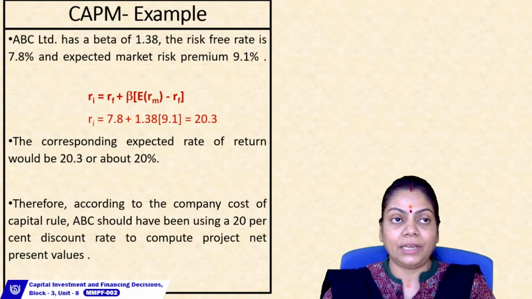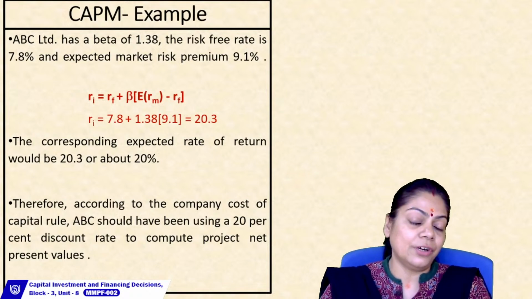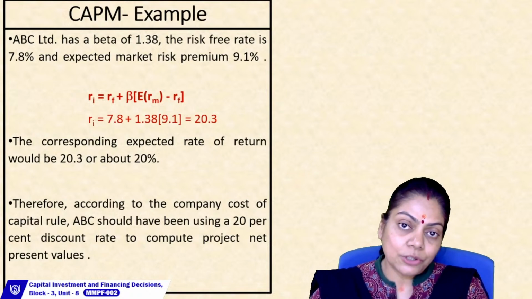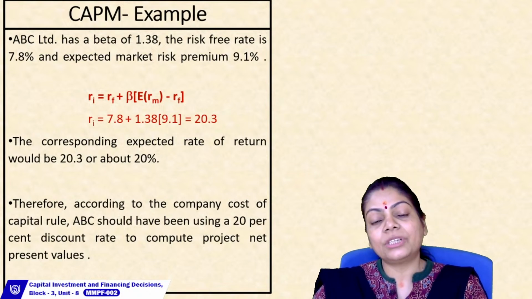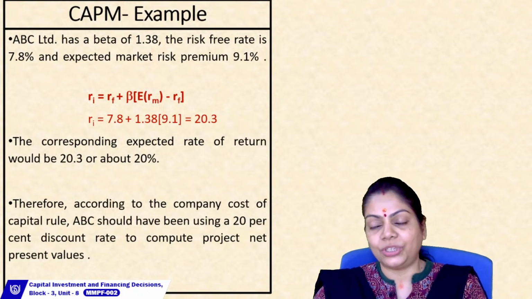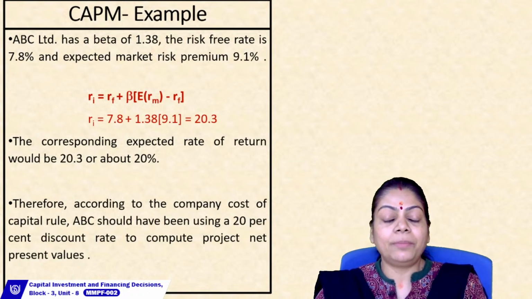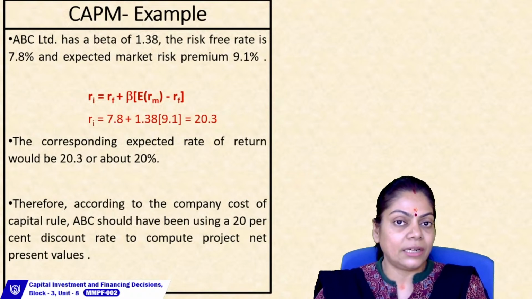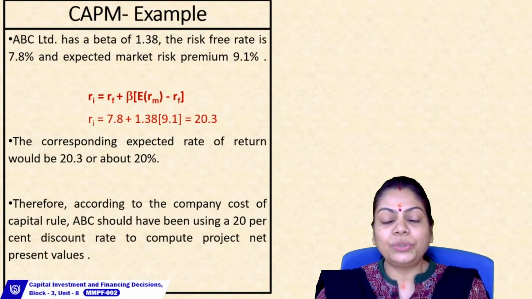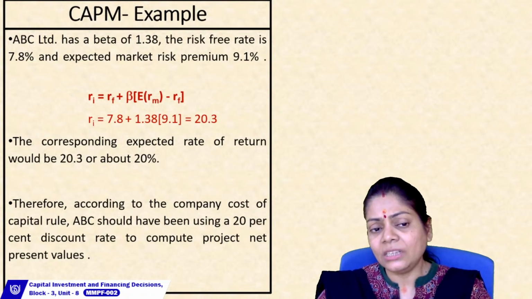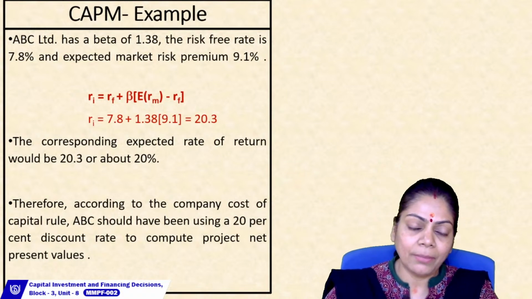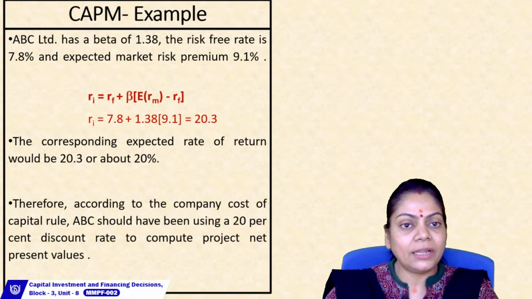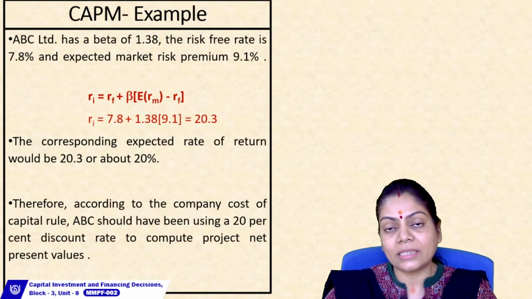So I'm talking about a round figure, that it should be using a cost of capital K of 20% to evaluate its various projects, to find out the net present value using the NPV, or to compare the IRR with this 20% and then take a decision regarding the suitability of a project. That is how we employ CAPM in computation of cost of capital, and then use that as a